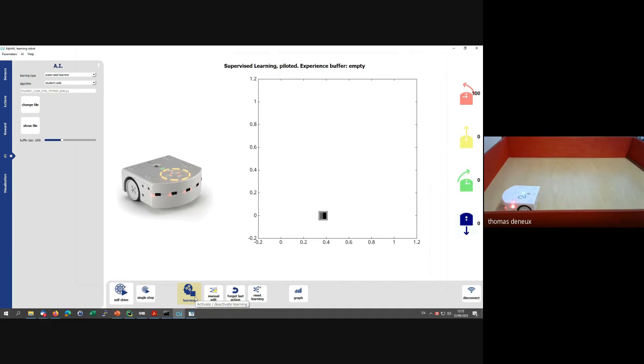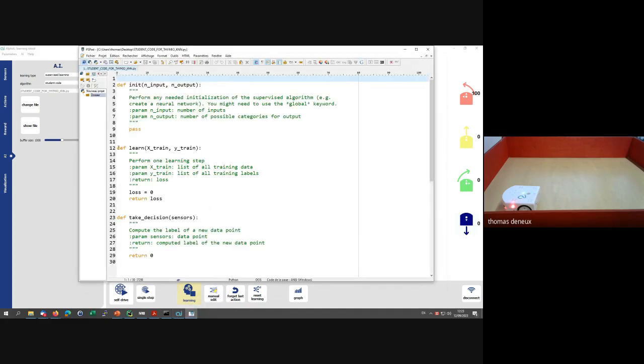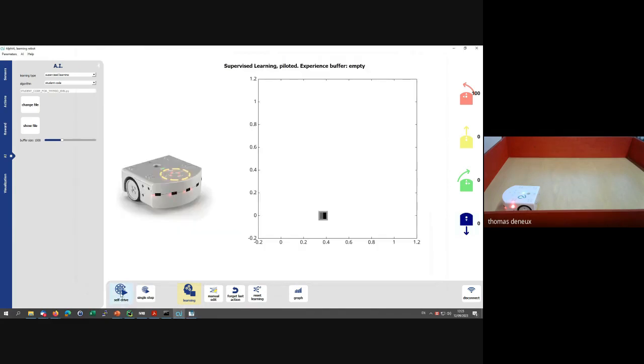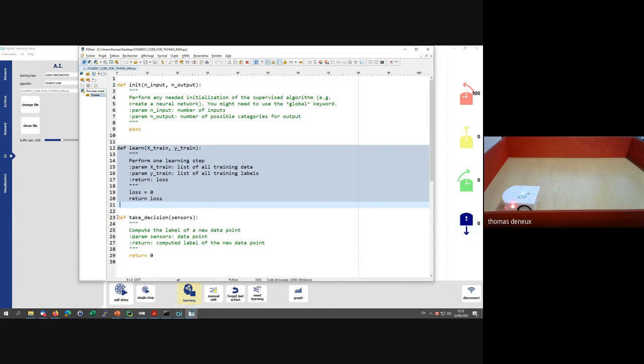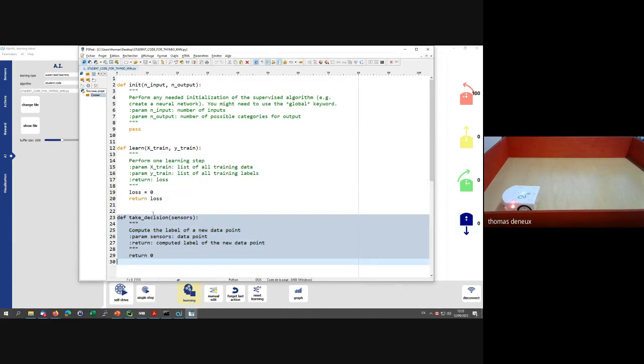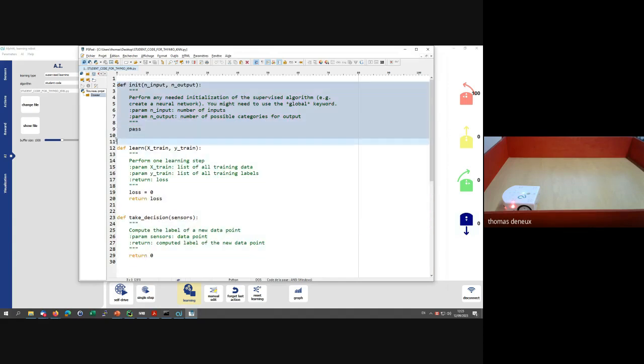The acquisition of the data will still be performed in the main computer, but the training of the model will be performed by this function, learn. And the use will be performed by this function, take decision. And before we do any learning or decision taking, sometimes we also need to do some initialization. For example, when we have a neural network, first of all, we need to create this neural network. But in the case of the